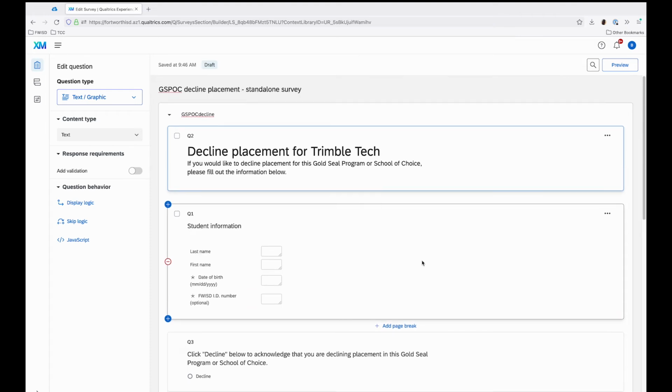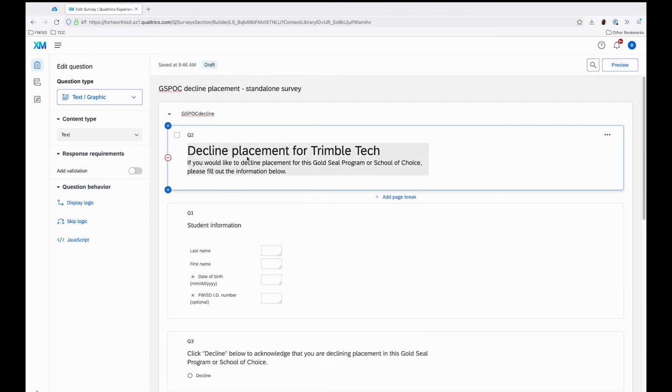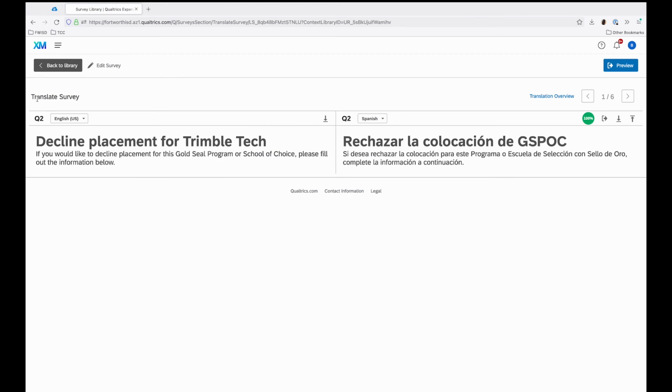But keep in mind that anything you modify here is going to change the translation. So how do you do that again? Left-hand side, 1, 2, 3, 4 down, survey options. The only option you're going to see is going to be the translation. So which one did I change? Well, I changed the top one, decline placement for Trimble Tech. Okay, well,